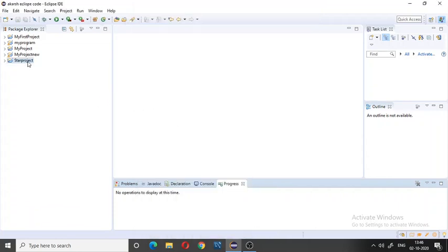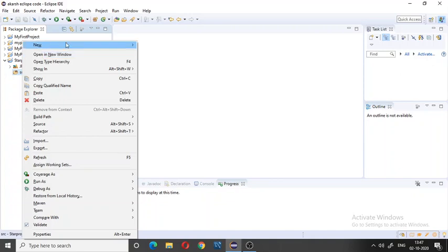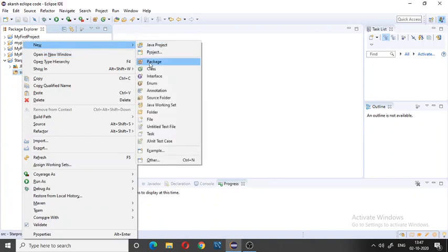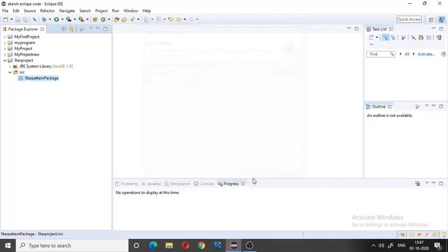In this project, explore this, right click on src, then New, create a package. You can give any package name. Here I give star pattern package, then Finish.